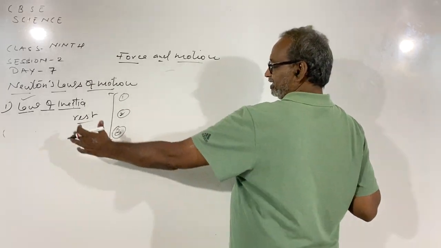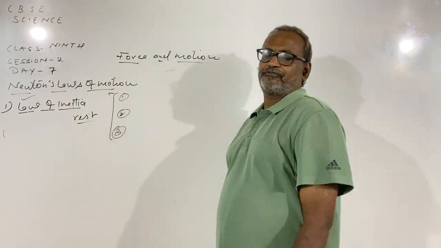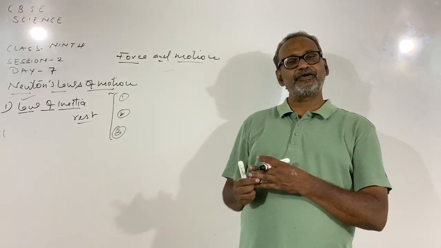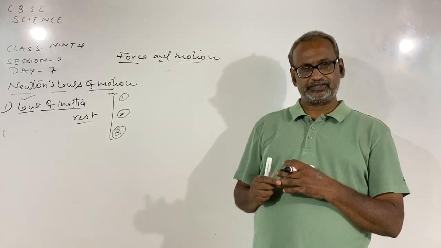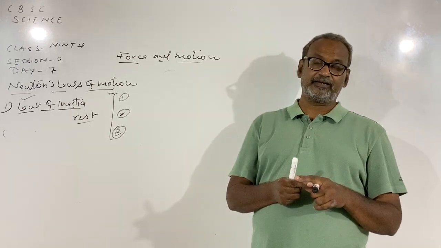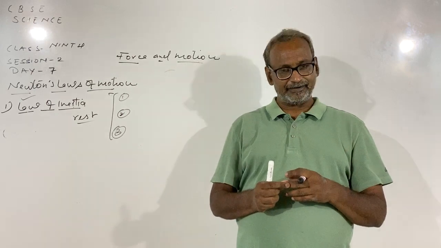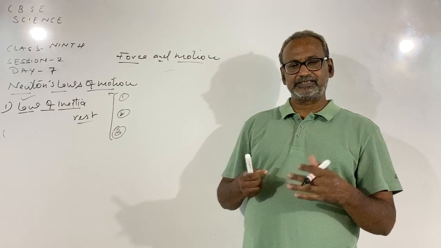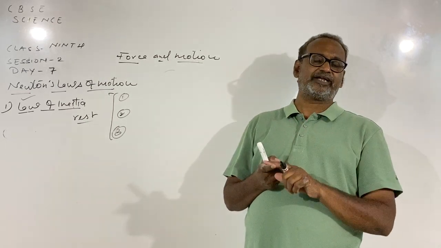Now, illustration of inertia of motion. If a person jumps out of a moving bus or a train, he is likely to fall in the forward direction, or he has to run in the direction of the bus or the train for some distance. Why? Initially, the whole body of the passenger is moving with the speed of the bus or the train, as the case may be.